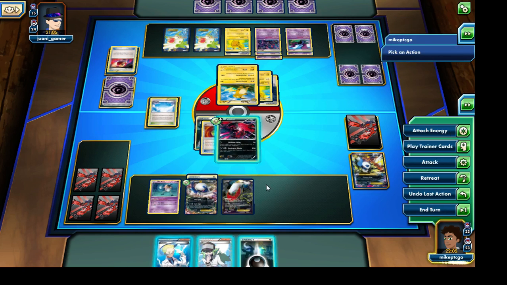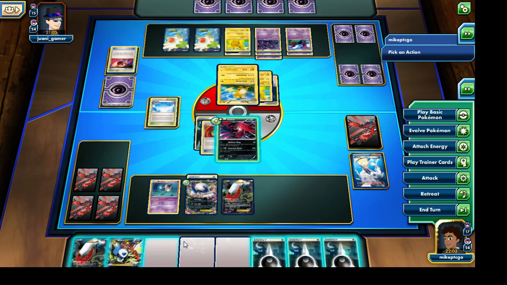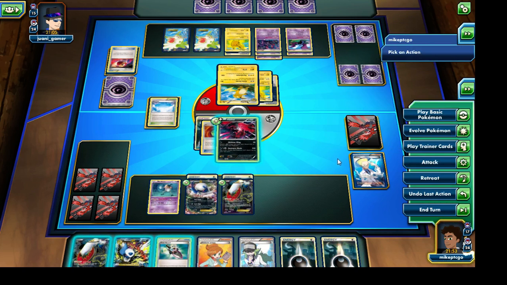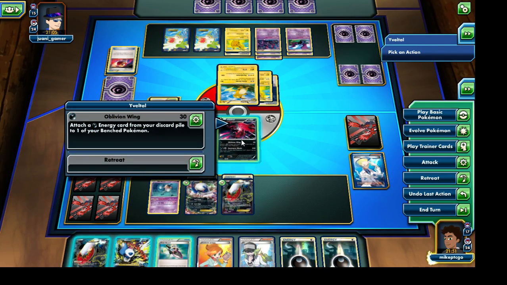When I did decide to play down that Darkrai EX. So let's go and use that Colress, get some brand new cards in our hand. We could potentially win by decking out our opponent, but I don't think that's a very likely scenario. I'm gonna go and attach a Darkness Energy card onto the Darkrai EX, and then let's go and attack with